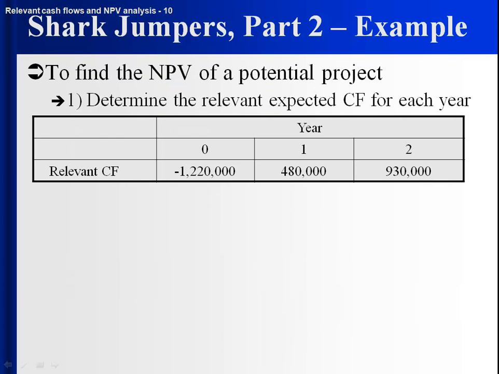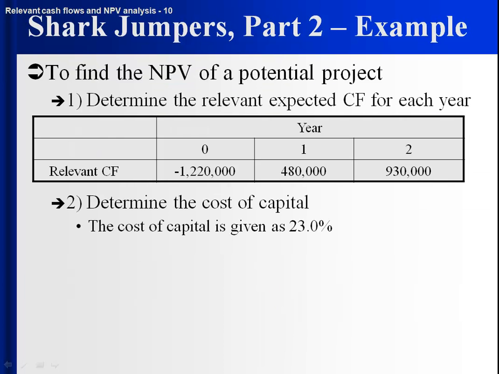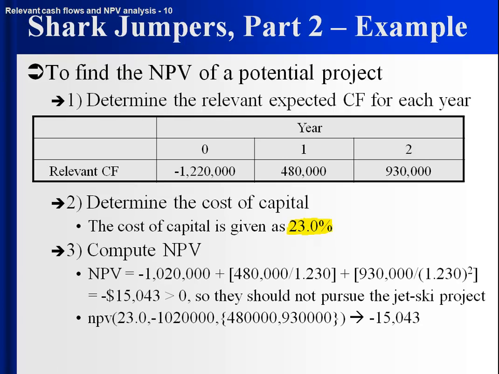So we have our 3 cash flows. Very risky project with the cost of capital of 23%. And notice now the NPV is negative. We don't want to pursue this project. This is a project that, now that we have these side effects, is no longer one that is creating value, and so the firm should not pursue the project.